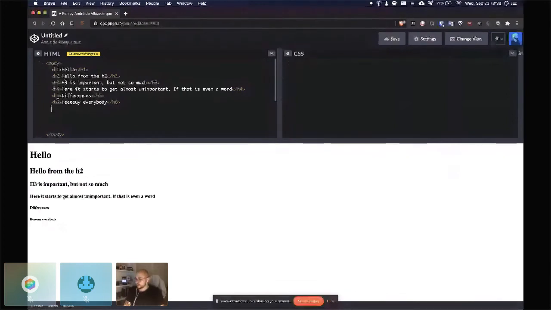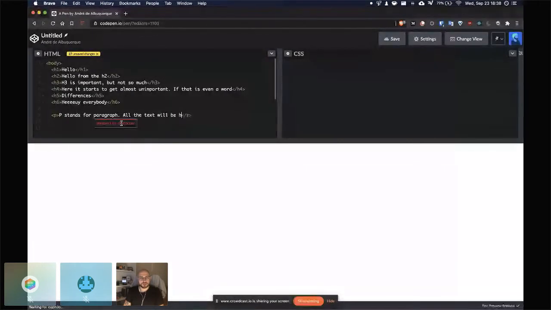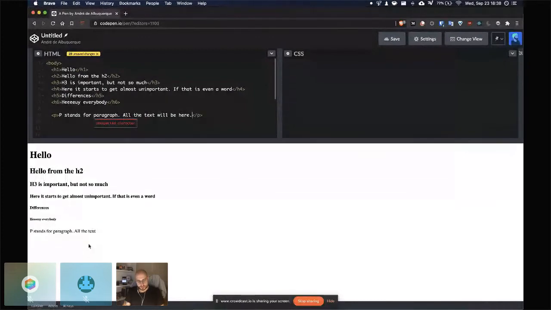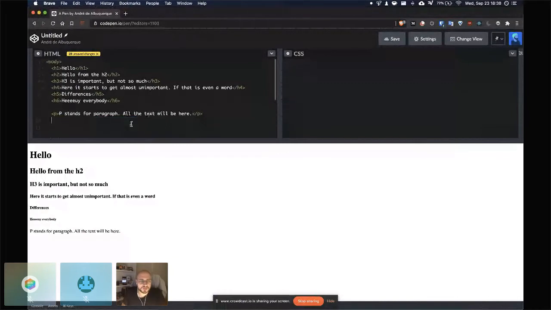You've also seen P in the CSS example. P stands for paragraph. And P basically creates a paragraph. All the text will be here. So basically, this is where the main pieces of text will be situated. Now we have an unexpected character. That's false. One thing that we have to be very careful about with the P is that if I do this,